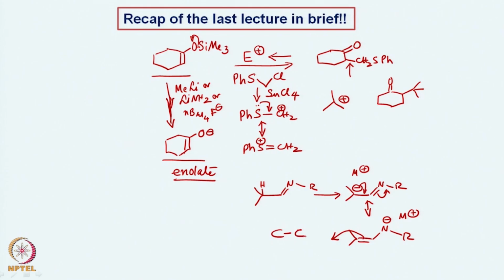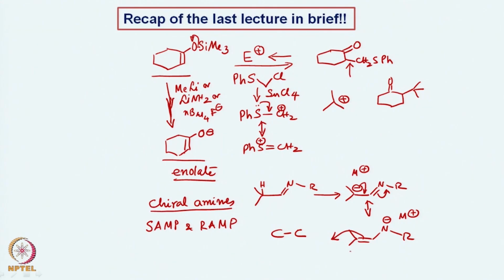Then we also saw the other aspects of it, where the imine chemistry was done with chiral amines, and with chiral amines we saw how asymmetric induction via C-C bond formation can be done, and in the process we also introduced SAMP and RAMP as two hydrazines which allow the imine to form, and this imine upon deprotonation then allows